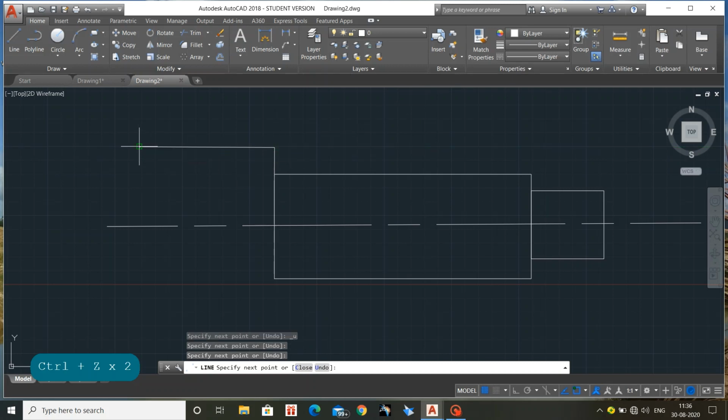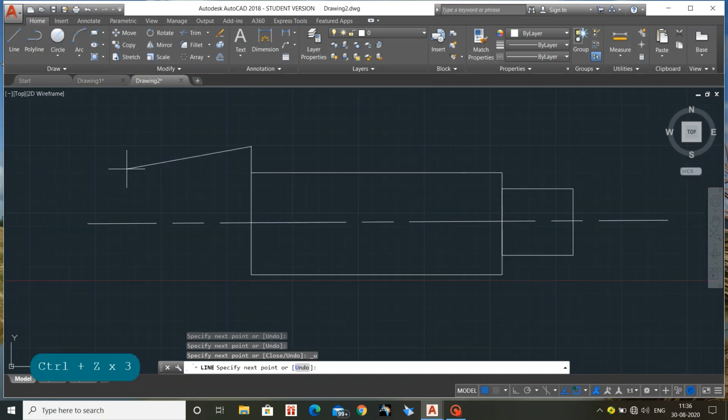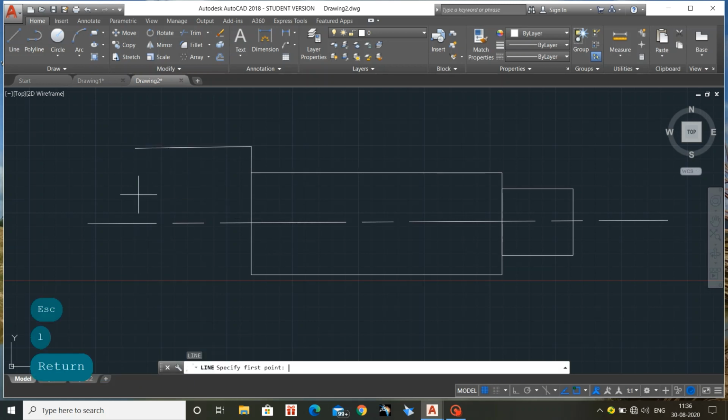Now okay, I have specified the next point also, and again line enter, taken this, as well as this as 180, and exactly at this point I have taken this. I'm doing like this.